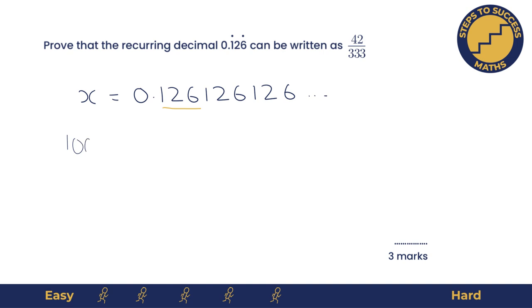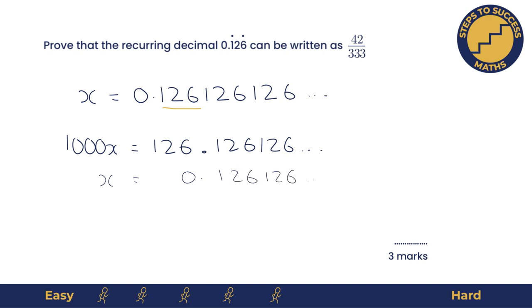So 1000x is 126.126.126.126. We got that x is 0.126.126. So if we subtract it, 1000x take away x is 999x, and 126 point all these numbers, take away 0 point all these numbers is 126. So x is 126 over